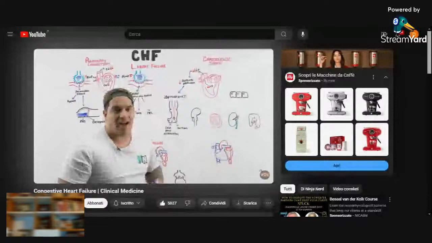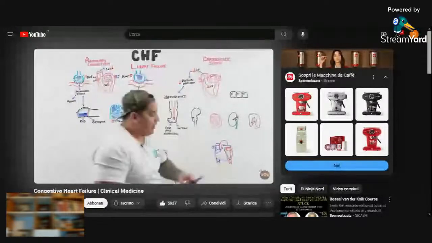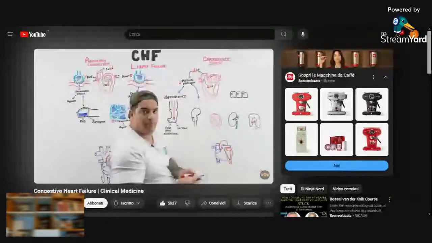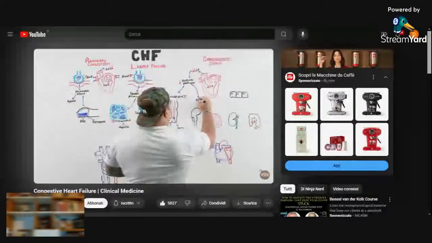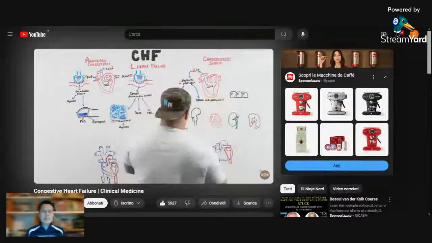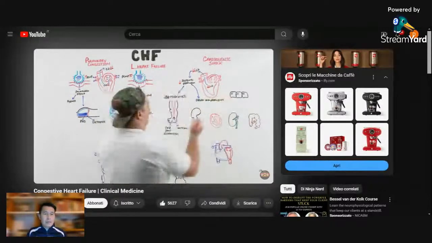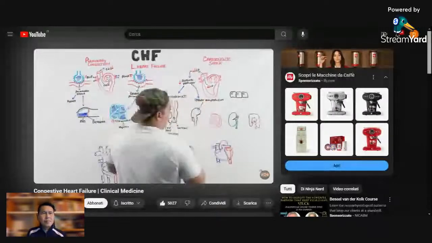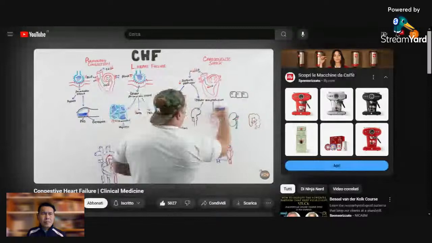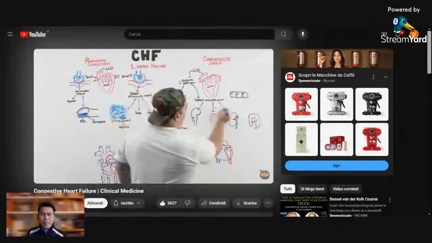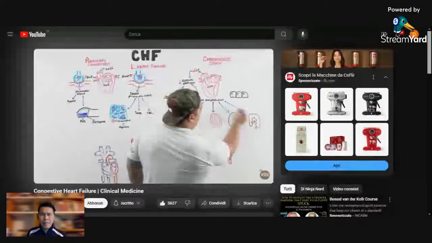Another thing is that when you decrease systemic perfusion, not only do you create this reflexive vasoconstriction, you also get organ malperfusion. If I have organ malperfusion, oh man, that ain't good, because now I'm not perfusing various tissues. What are some of these tissues that become affected? One is the brain. The brain is super sensitive to blood pressure. The coronary circulation, which supplies the myocardium of the heart, well, it's going to make things a lot worse. It becomes very susceptible. The kidneys become susceptible. And the GIT would probably be the last one in line, but it's also super susceptible.